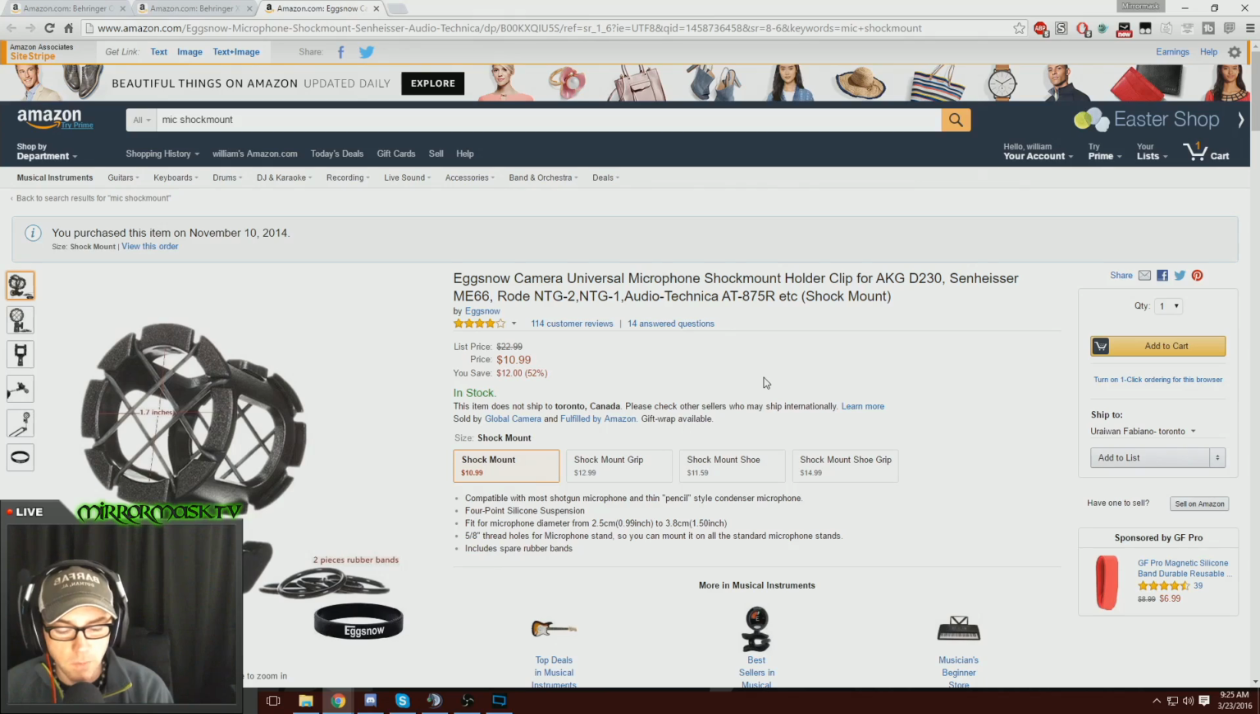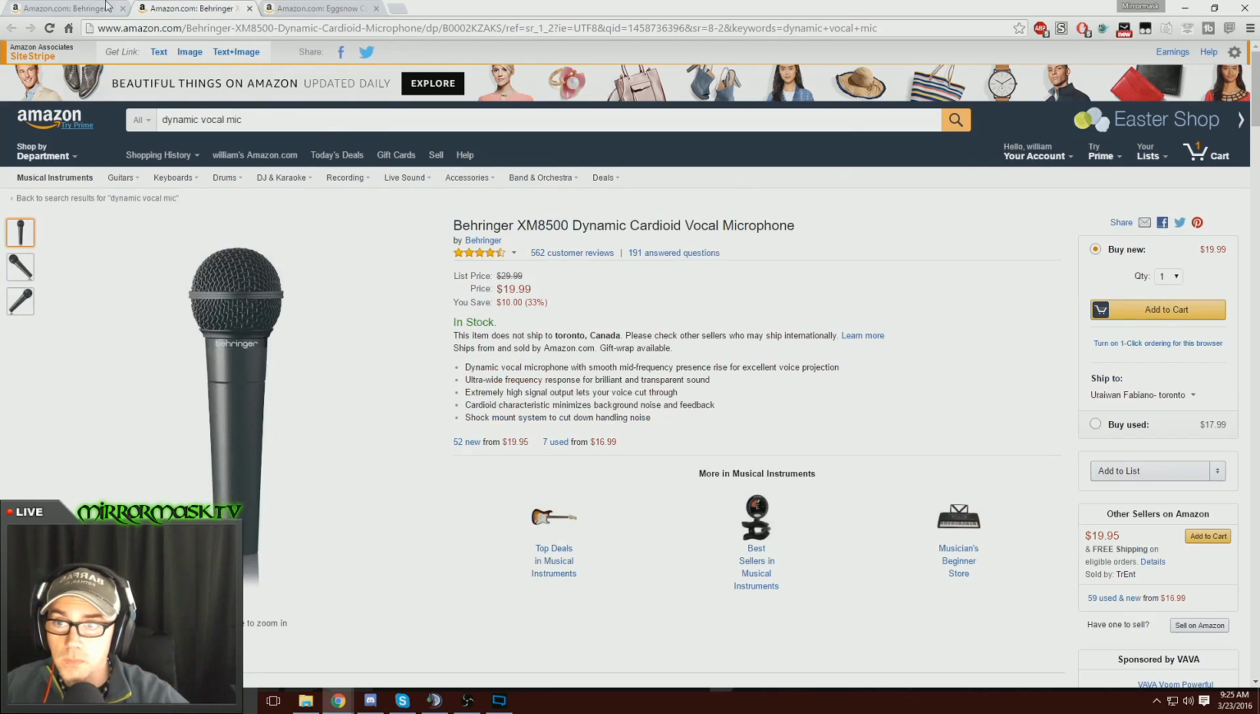But this will help isolate the microphone from unwanted vibrations coming up the microphone stand. So if I was going to recommend a setup for you, microphone-wise, this is what I would recommend. Now, you can, if you want to, get a Shure SM58 microphone, which is what I personally use